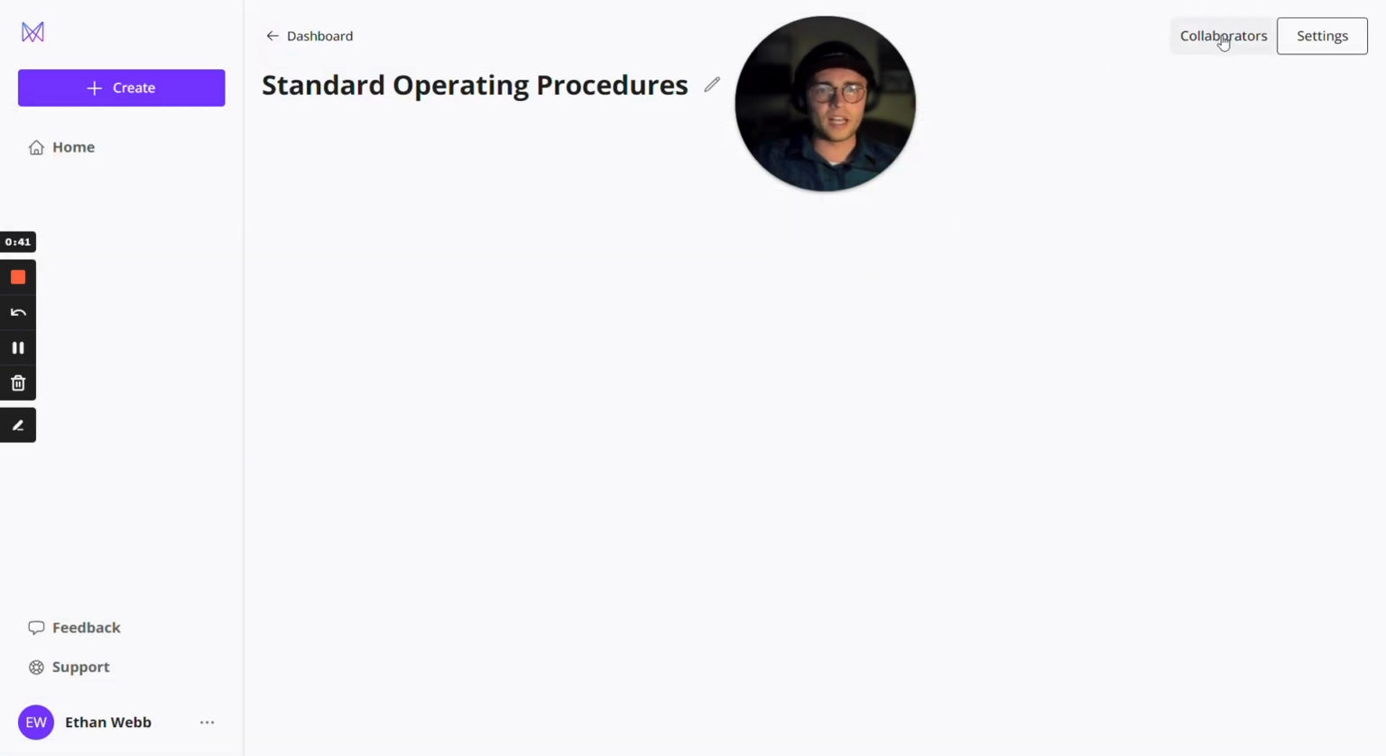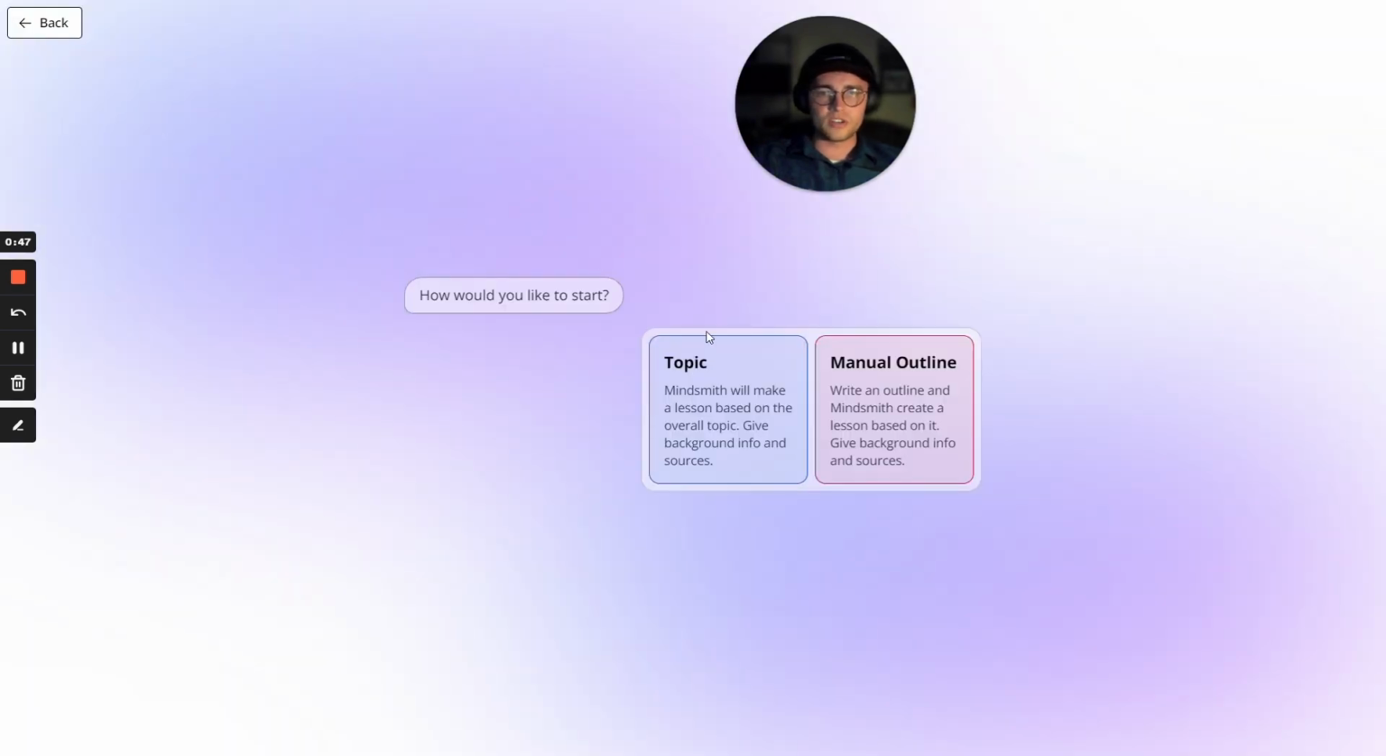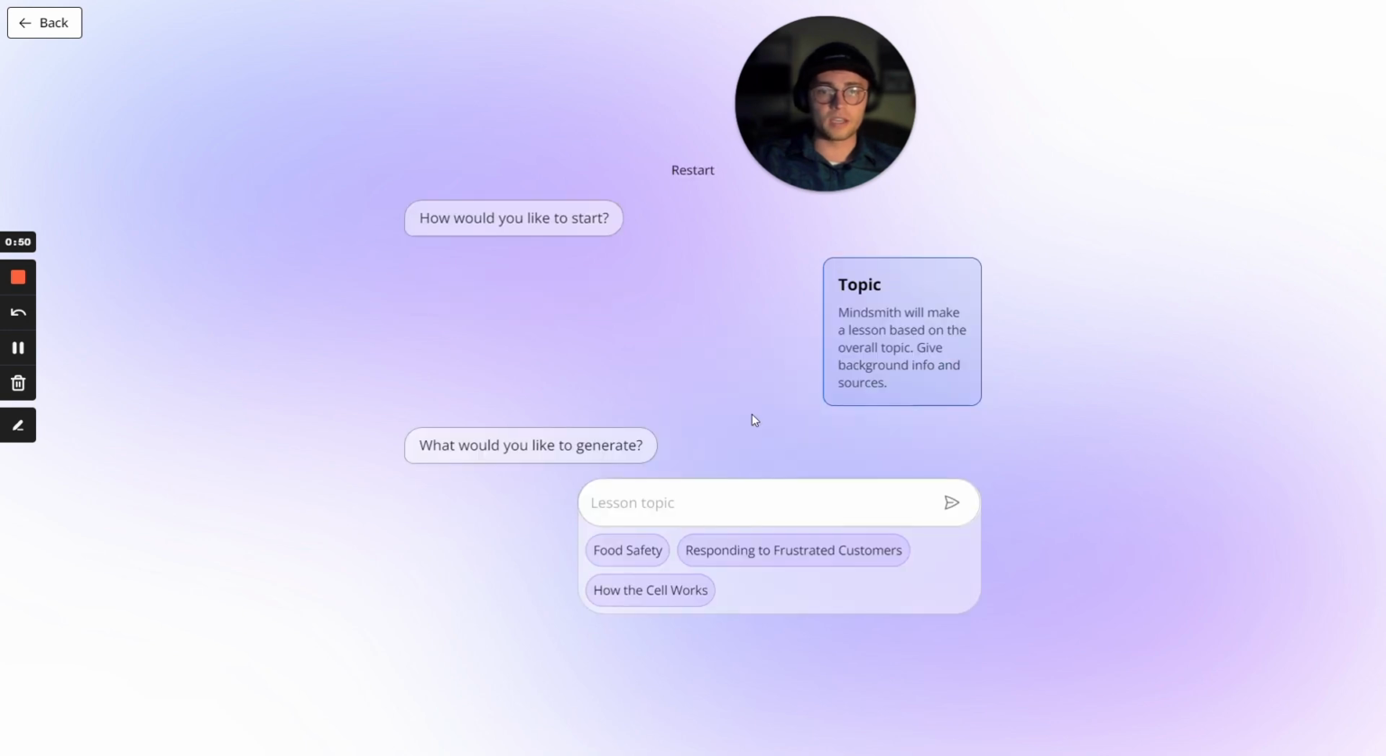You can see here we can add collaborators so we can work in real time with our teammates. You just put in their email and you can work with them. What we'll do now is generate a lesson. We'll generate a topic from a topic, so the AI will actually do a lot of the generation for the